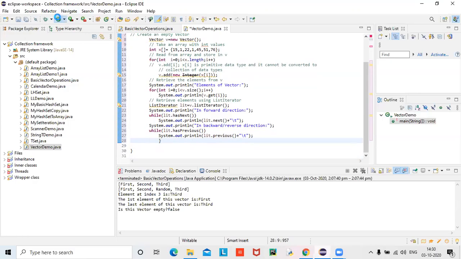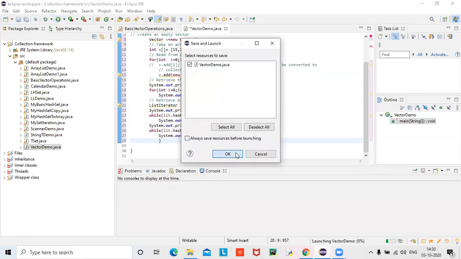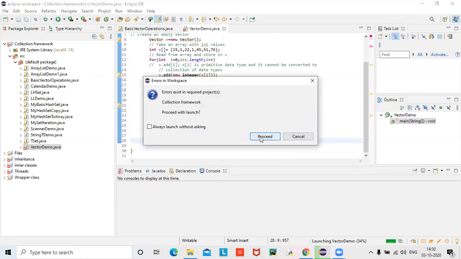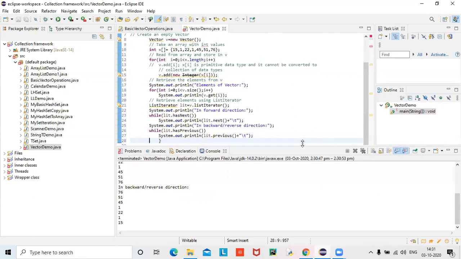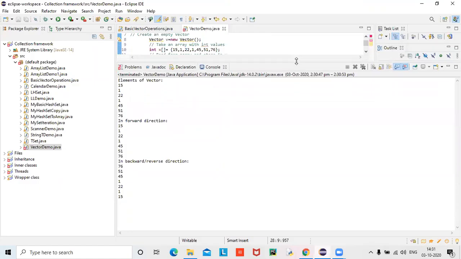Now let us run this program. I explained every line, I think, almost all. You can check the output here. First, I displayed as usual whatever elements, the array elements and the elements of the vector.